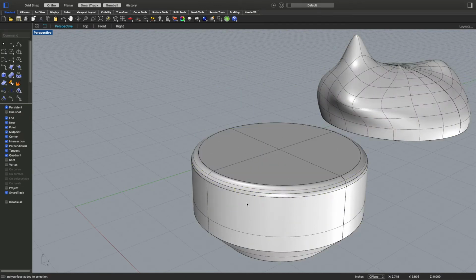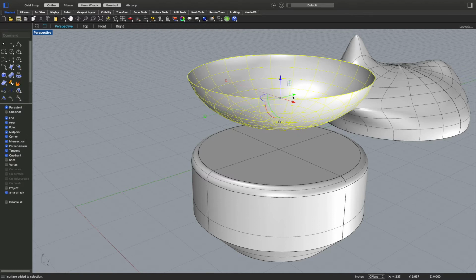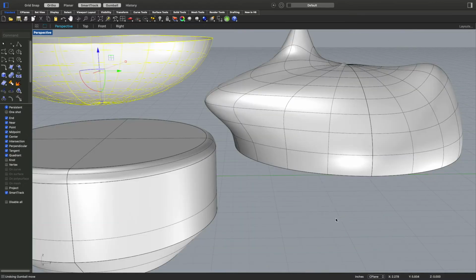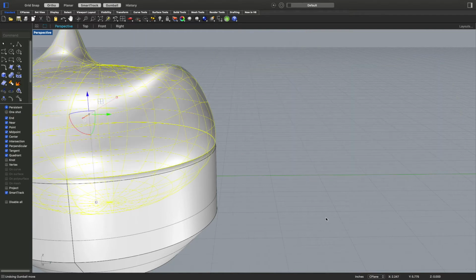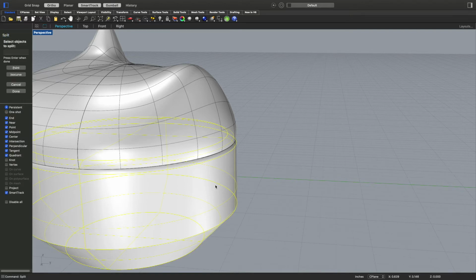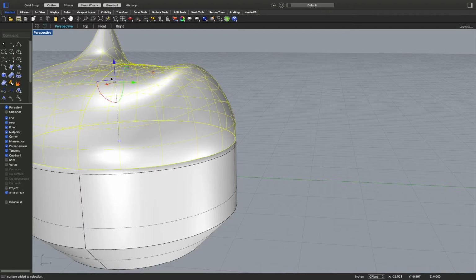I can do a few more different things. I want to find the bottom because it's in there. Yep, there's the bottom. I could use this for something else or just toss it by deleting it. Undo. Bring that back. And this time I'm going to split this object, enter, with this object, enter. And what that's going to do is